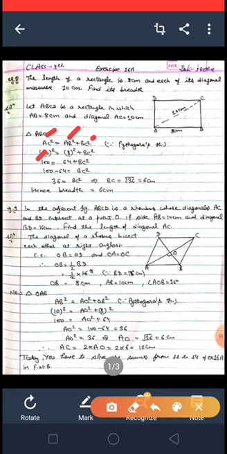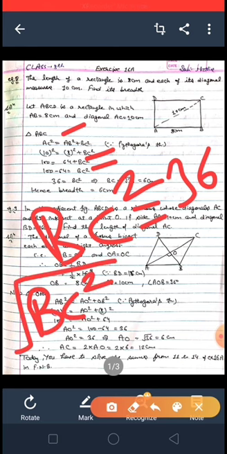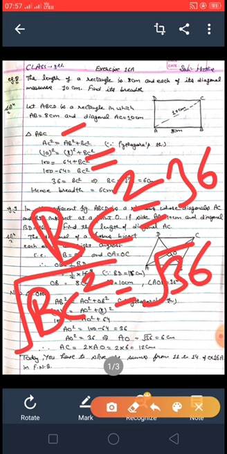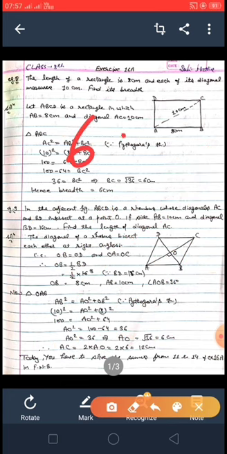So AC is given, AB is given, put the value of both AC and AB in this equation and we will get the result BC. That is 100 is equal to 64 plus BC square. 100 minus 64 is equal to BC square. Now BC square will become 36. Now take the square root on both sides. The square cancels out with the square root, so we get BC, and the square root of 36 is 6. So our answer will become 6 centimeter.